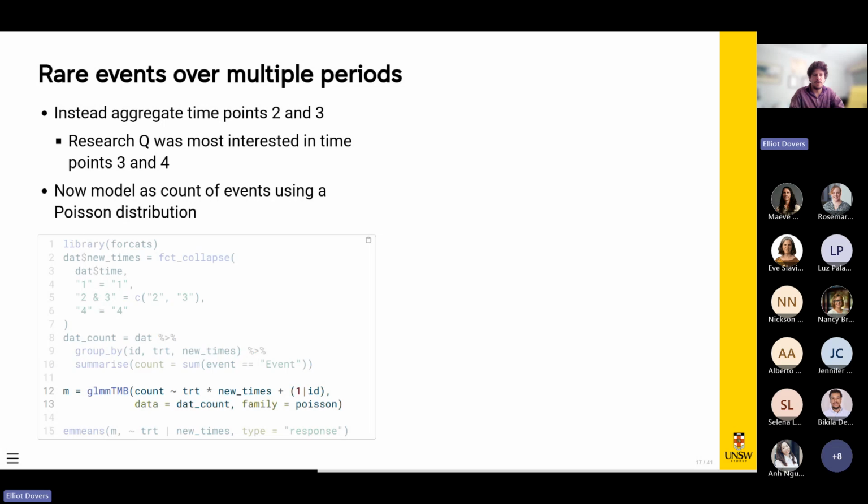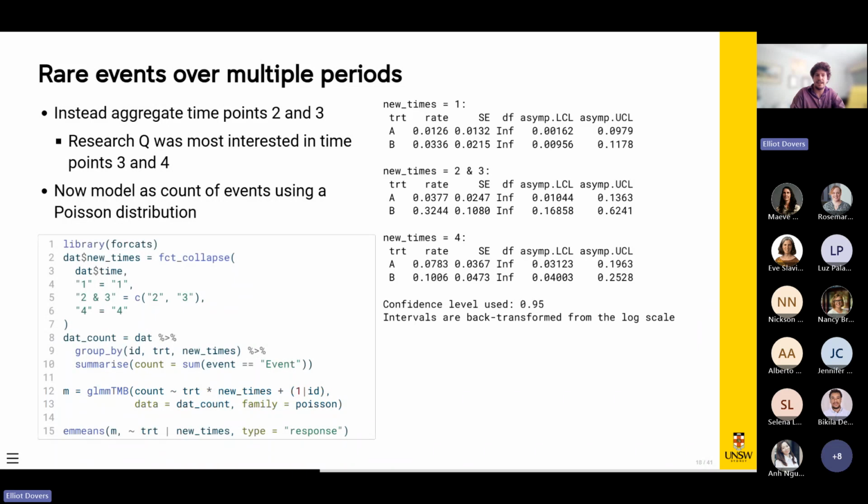And so now we're just using basically the same model, except our response is now counts. We're using our newly aggregated count data, and we're using a Poisson distribution. So same thing again here. We can get our estimated marginal means out. We're saying type equals response. In this case, it's giving us a rate